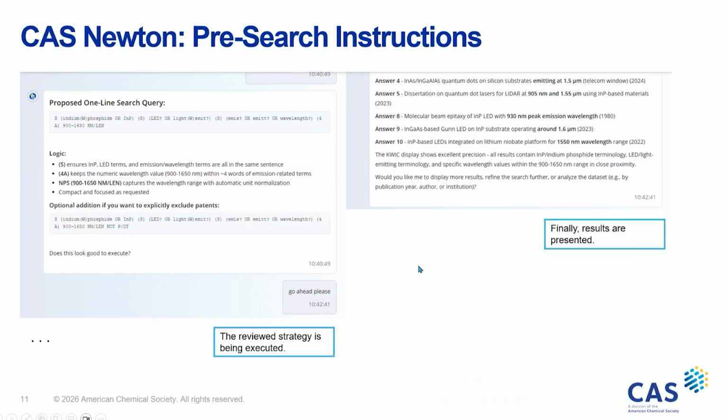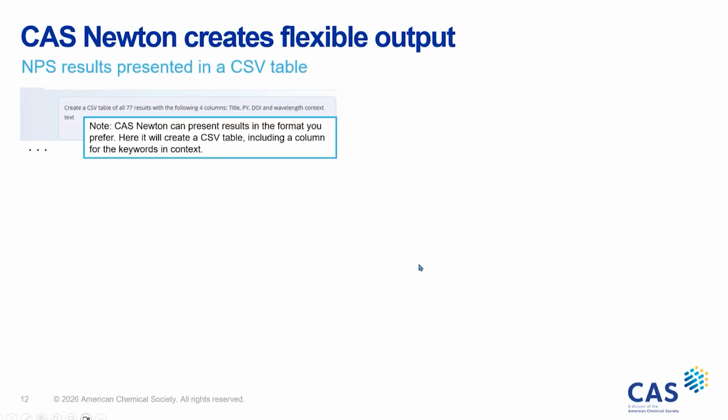presenting the answers. Again, what I'm showing here on those slides for this particular case is what we see on the left, which is the conversation with the agent and not the raw transcript, which will be shown on the right-hand side. Please note that CAS Newton is also capable of creating flexible output. So finally, I'm asking it here to say, create a CSV table of all 77 results with the following 4